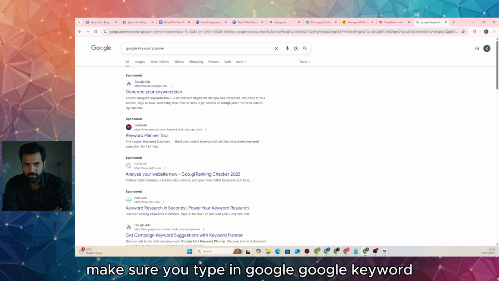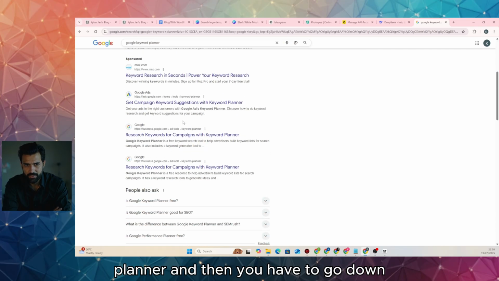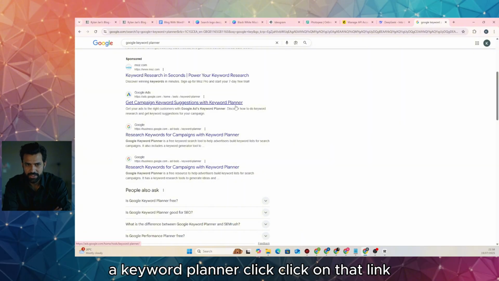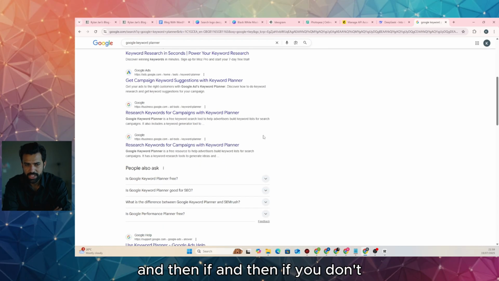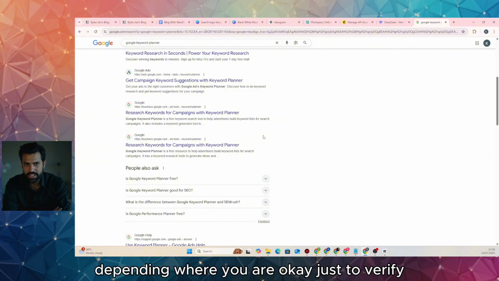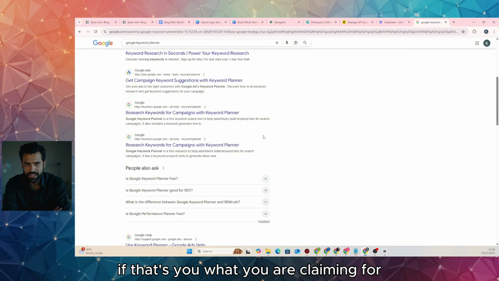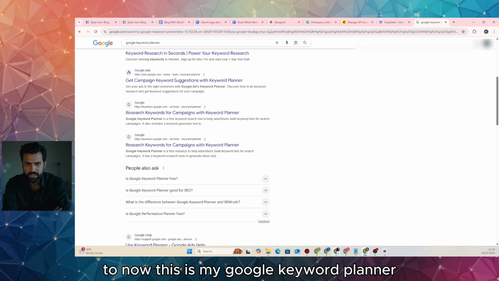So make sure you type in Google keyword planner, and then you have to go down and click on this suggestion with a keyword planner. Click on that link, and then if you don't have a Google Ads account, it will ask you to create a Google Ads account, and it might ask you to link your bank card, but I think they might charge you maybe just a small amount of fee depending where you are, just to verify that it's you. Okay, so after you do that, what you need to do,